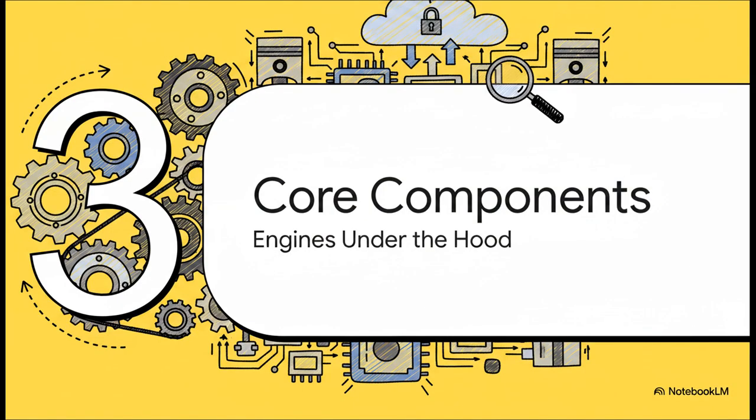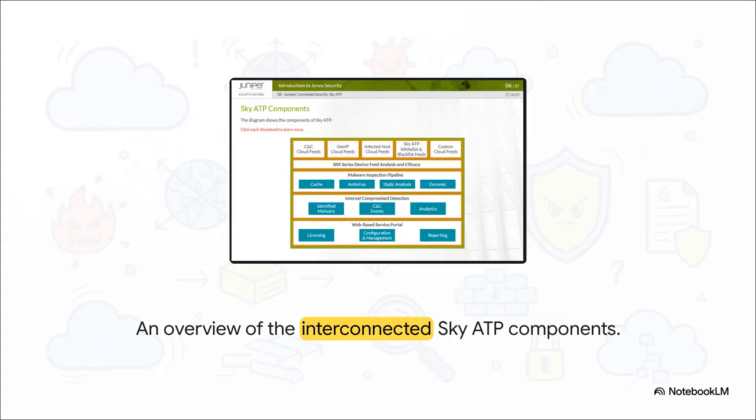Moving right along to Section 3, Sky ATP Core Components. Let's look at the engines under the hood. To really give you a sense of scale, we're dealing with an incredibly comprehensive, interconnected ecosystem here. Sky ATP manages the whole shebang. It starts with specialized cloud feeds at the very top, routes intelligence down through the SRX device, continuously monitors internal compromise detection, and ties it all together with the web-based service portal at the bottom, where administrators actually manage the